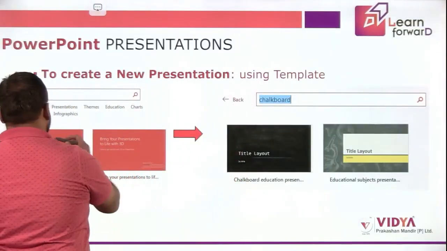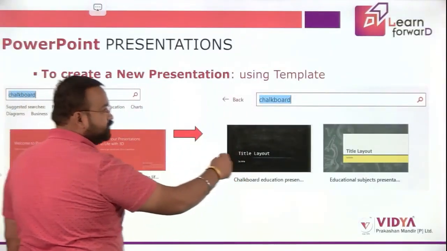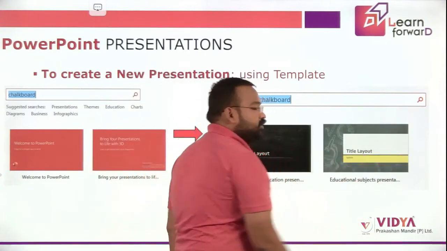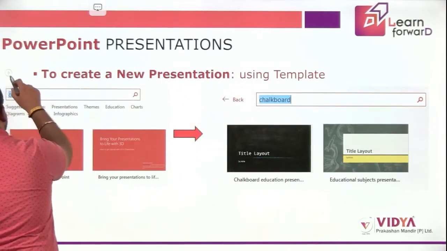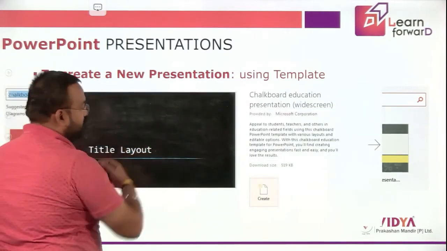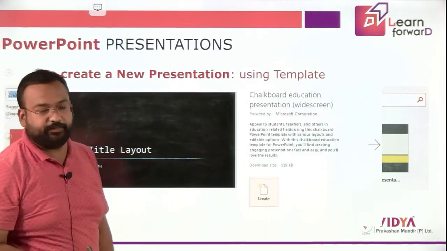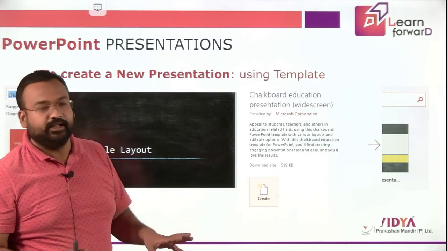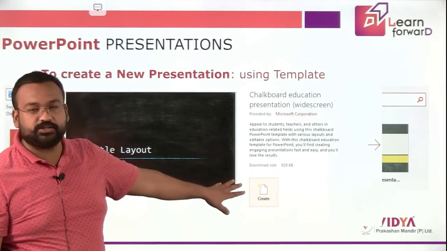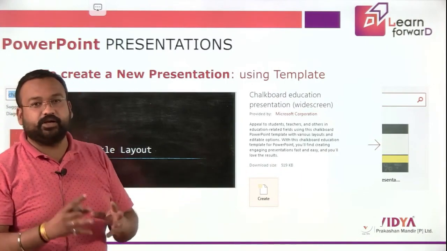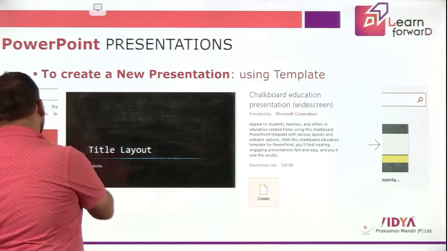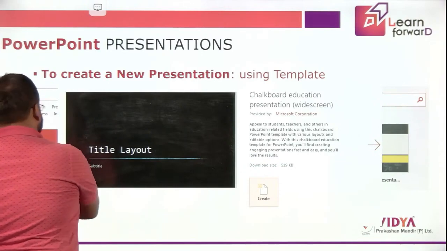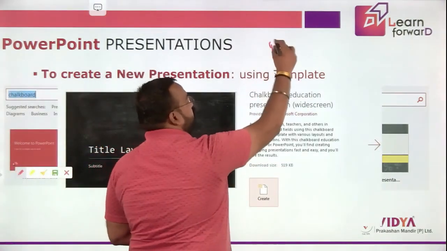Once we have seen, we have to search the items. Once we have searched, we have to click on this search icon, and that particular preview of your selected template would be shown on the screen. And once you click on this Create button, that particular template would be used for your presentation. So today we have seen what PowerPoint is,